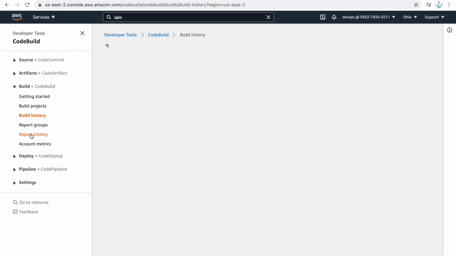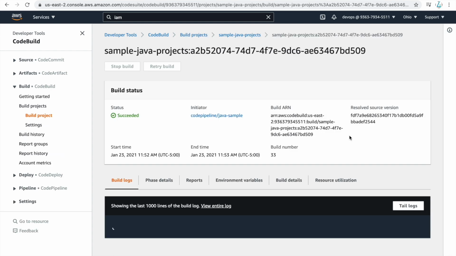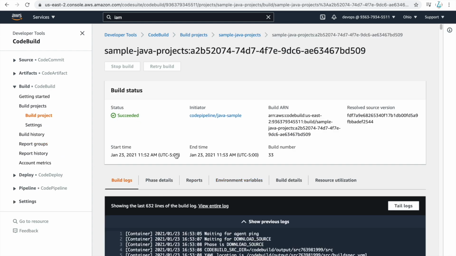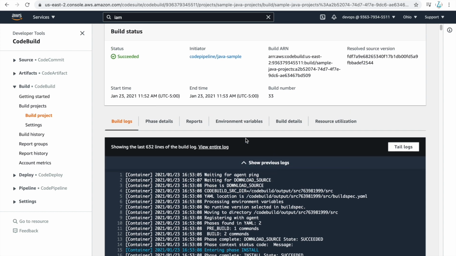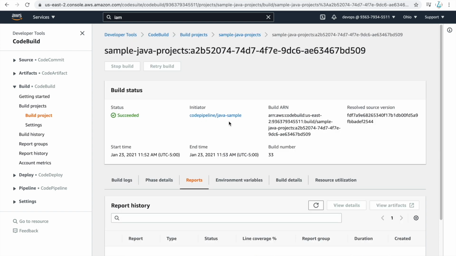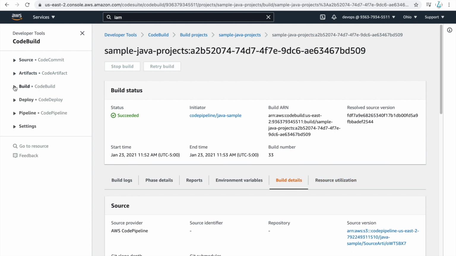I can show you some builds which I ran previously. Here you can see build run, status, project, source version, all those details for that build. You can also see the logs. Here I can see my build logs, and it will provide you all the details of your build accordingly. There are a lot of tabs that you can use. So this is how AWS CodeBuild is used, and you can use it to build your application. Okay.